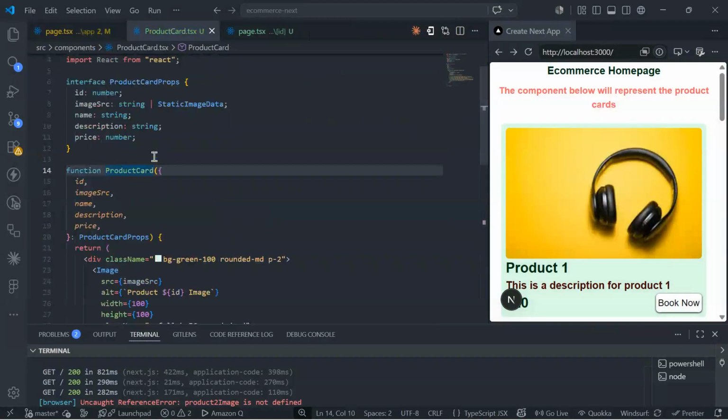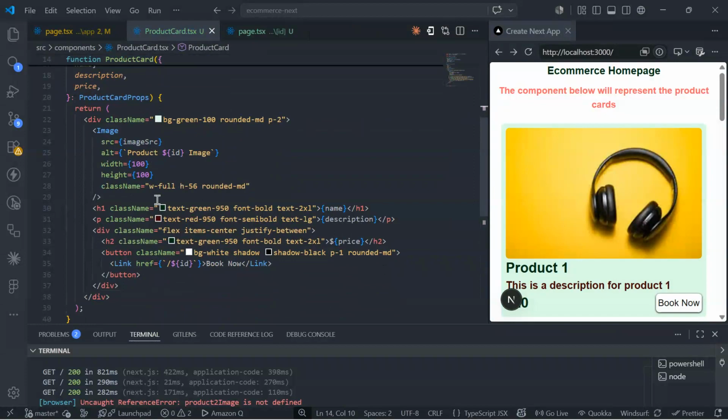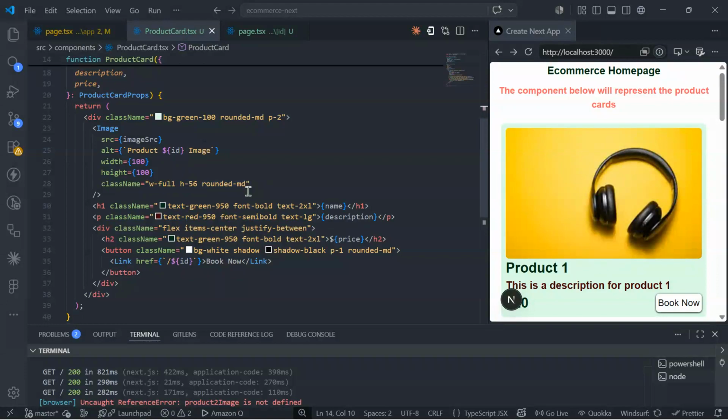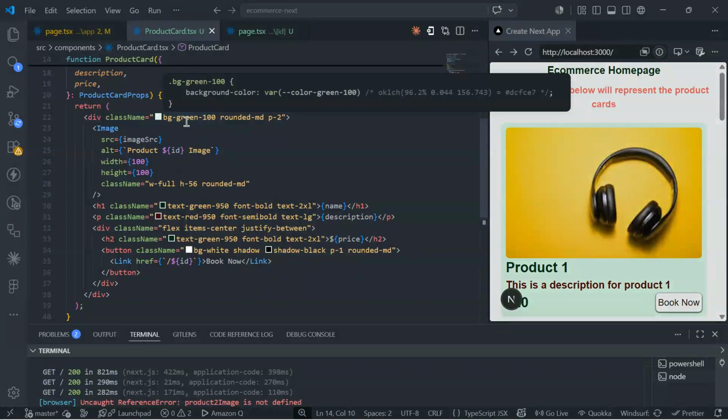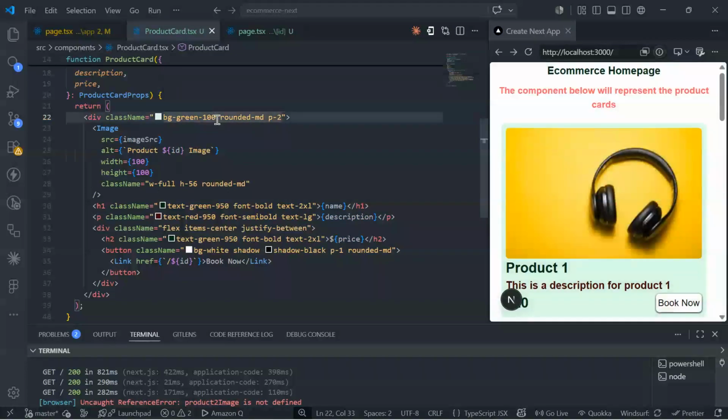So I can come here and add some styling. For instance, on this button, I don't want this background for the entire card. I want to use